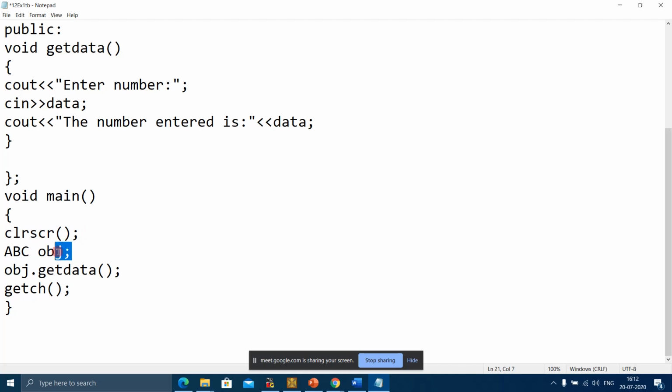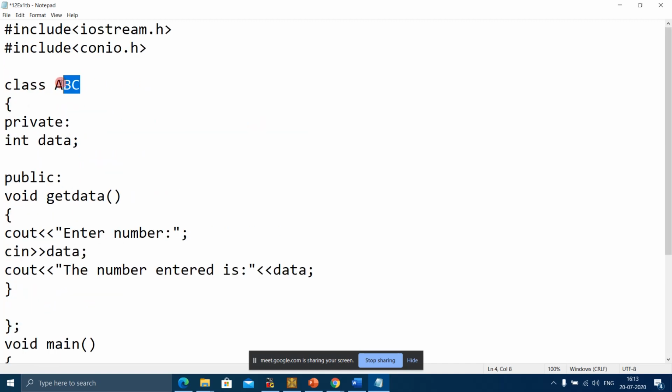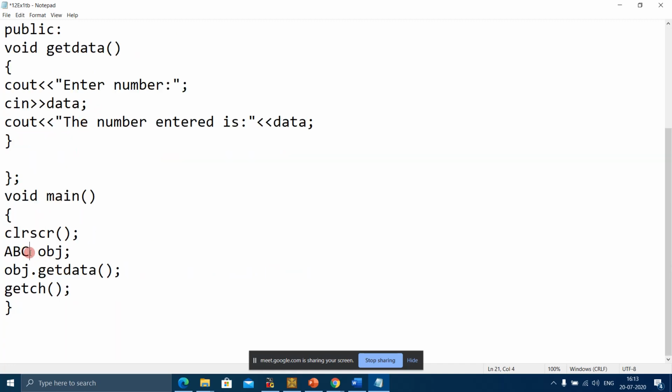And can you see this statement? Can you observe anything here? Here, this is the name of the class, ABC. And after the name of the class, there is something which is known as OBJ. This is an object of a class.